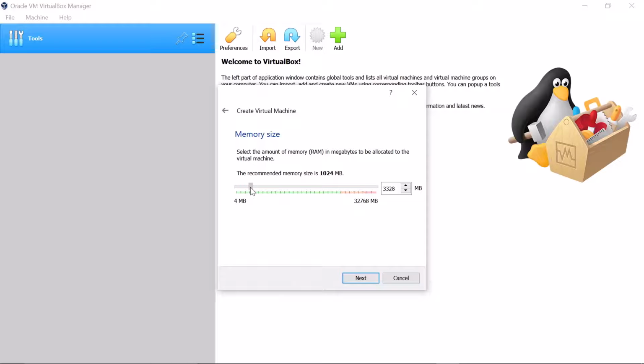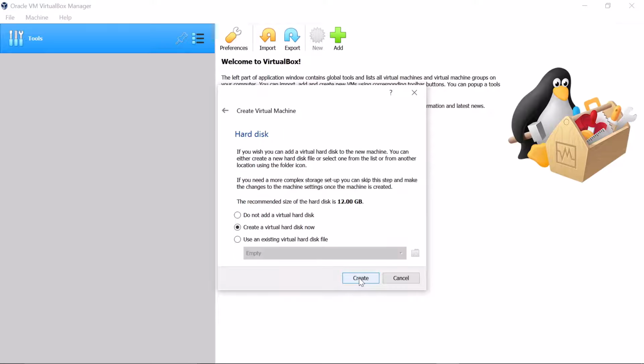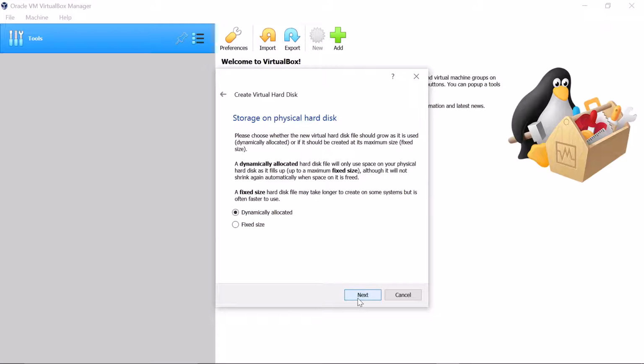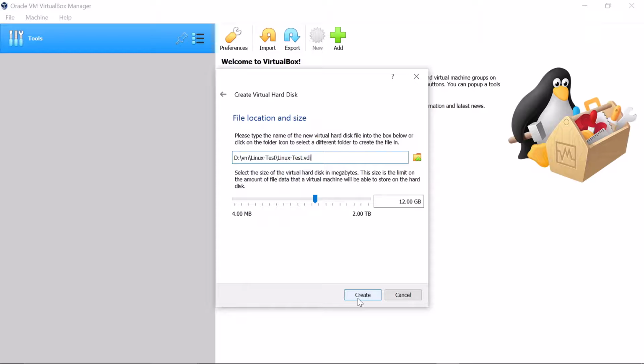So I am allocating 4 GB. Create a virtual hard disk now. Yes, this type is VDI. Here we can select dynamically allocated or fixed size. So I'm selecting dynamically allocated,